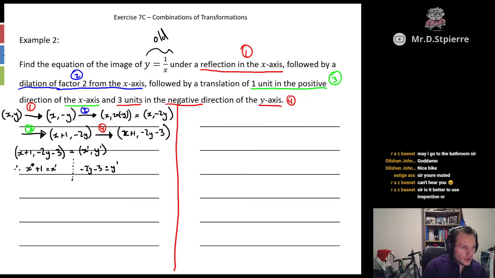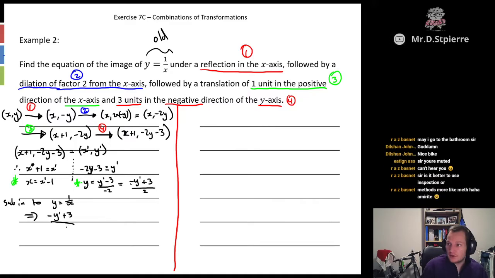So rearrange it to get x and y by themselves. We get x equals x dash minus 1, and y equals y dash minus 3, all on negative 2. To make that a little easier, I'll move the negative sign into the numerator. So it's equal to negative y dash plus 3 on 2. So I've just moved the negative into the numerator. We can now substitute these two into our original equation. So sub into, what do we have? y equals 1 on x. So it follows on, we have negative y dash plus 3 on